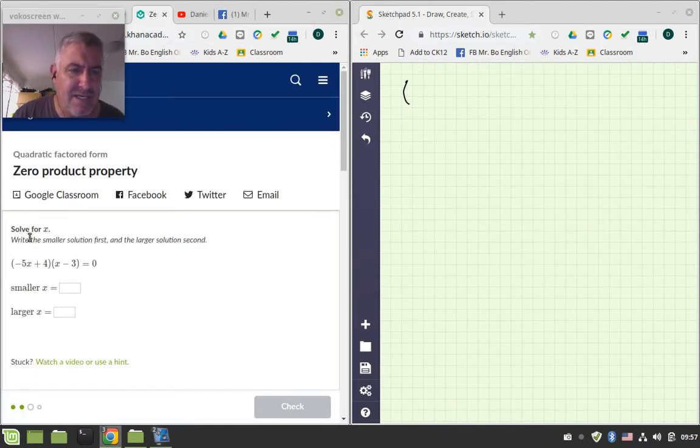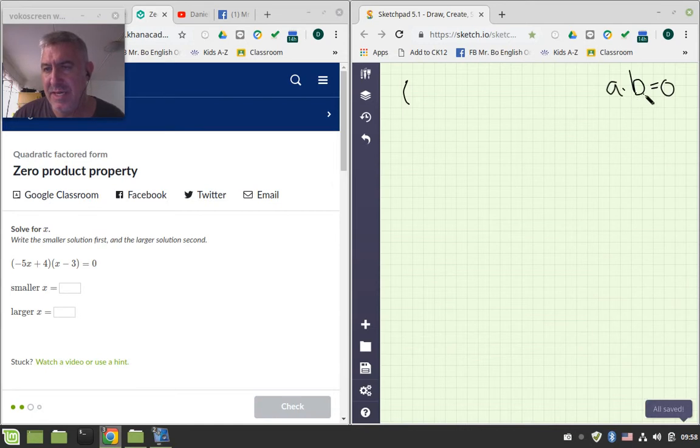So you can see, solve for x. Write the smaller solution first and the larger solution second. Okay, so we have two parts, and this falls down to the zero product property, which says a times b is equal to 0. If a times b equals 0, then that means a equals 0 or